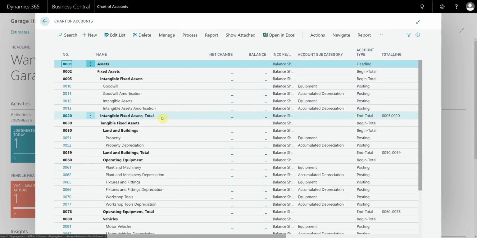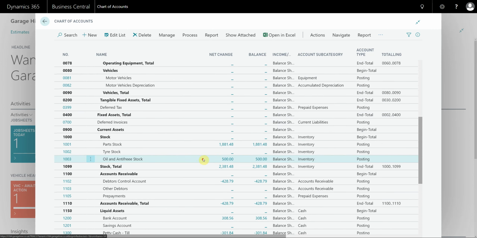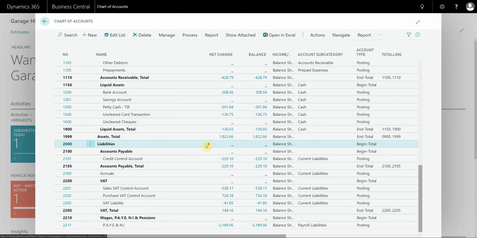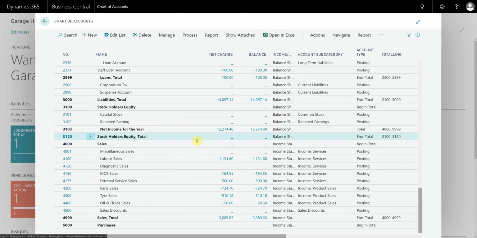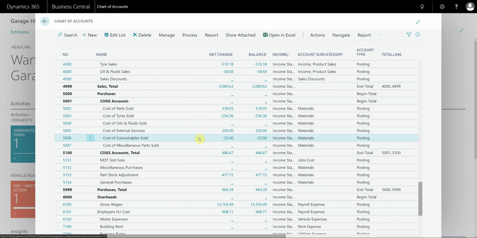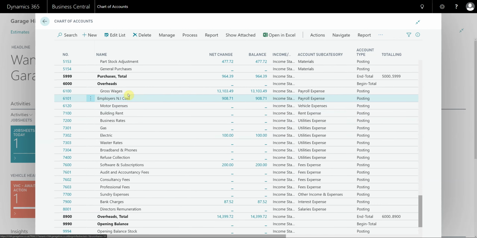And this is going to give your current list and the current balances of your general ledger accounts and your entire chart of accounts. So if we scroll all the way down to the expenses or overheads, we can see that they're listed here. And we're going to add a general ledger account for insurance and one for marketing. So to add these, at the top you select new,